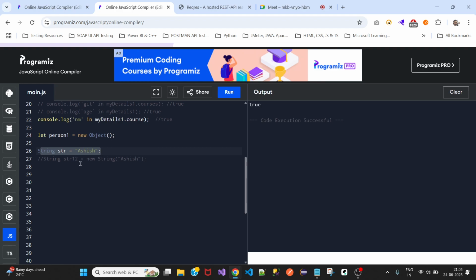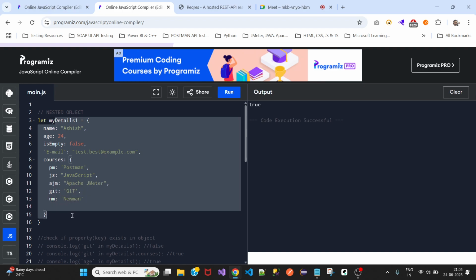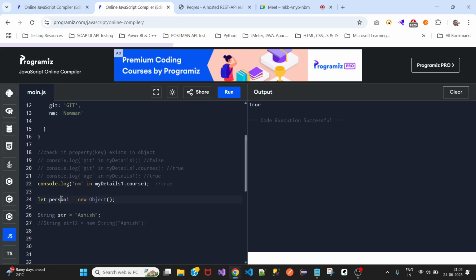Same way, with objects in JavaScript, object creation we tend to do in this way, and we don't tend to do it in that way. This is rarely used or not used. In our testing world, we don't use it. And it is a lengthy process as well. If you want to add something, then you can say person name dot name equal to